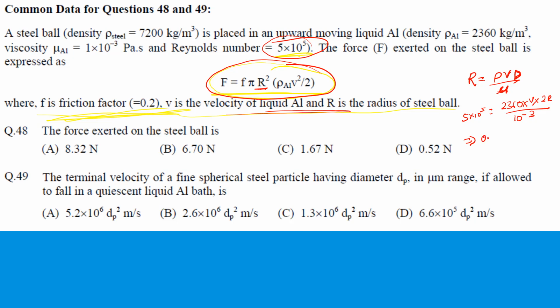So it will be 0.211 is equal to V into 2R. So this implies V is equal to 0.211 by 2R. Okay, so from here we know this velocity term is related with this radius R, right? And now guys, if you see in the expression, it is V square, and if you find V square, it will be something upon R square, and for this complete expression we already have R square, so these two will be cancelled. So that's why they have not given this radius value.